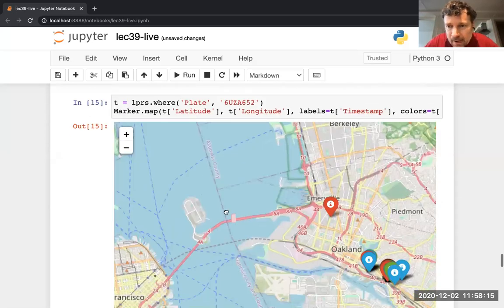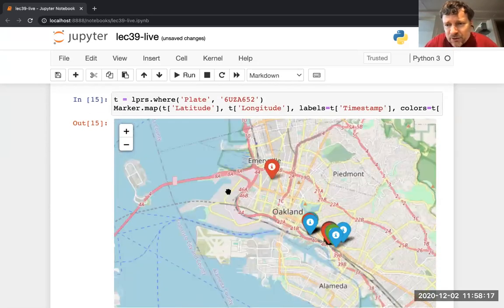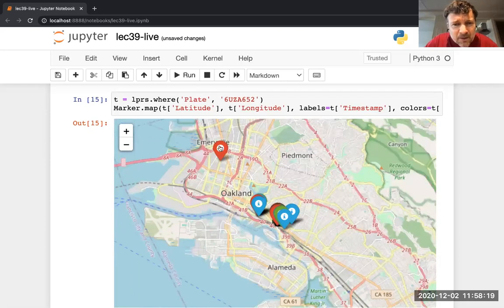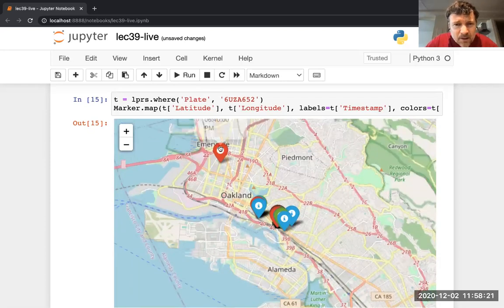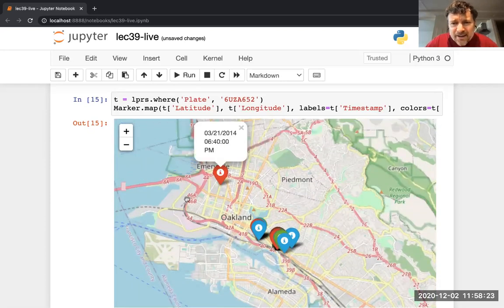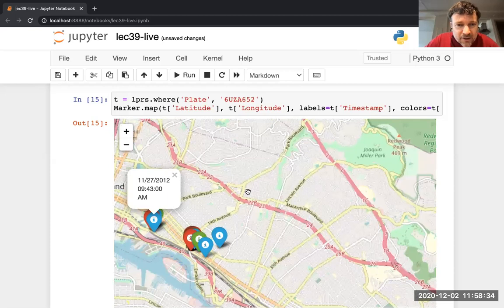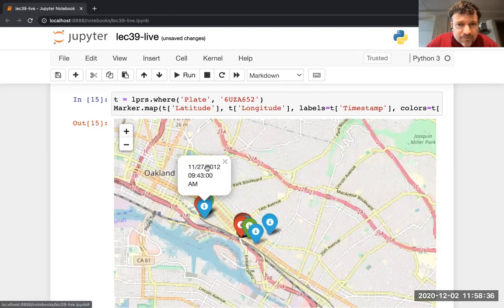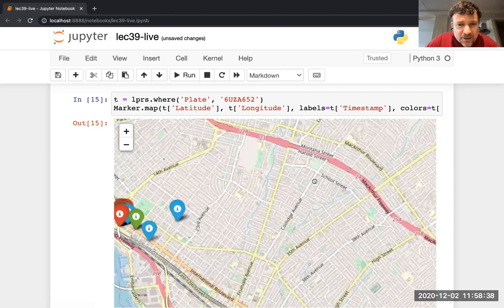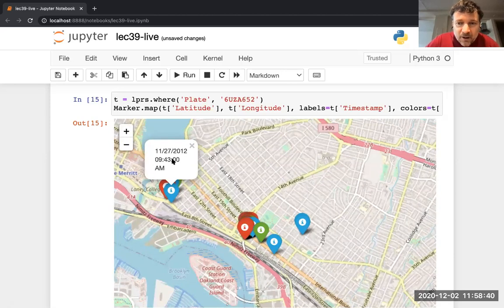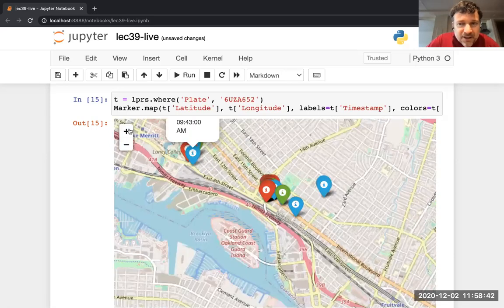All right. What do the red, blue, green mean again? Let's see. Red means weekday evening. Blue means weekday, like Monday through Friday during daytime. And then green means weekend. And we can zoom in over here on this person. So let's start with this big cluster. Their car was seen a lot over here. So let's zoom